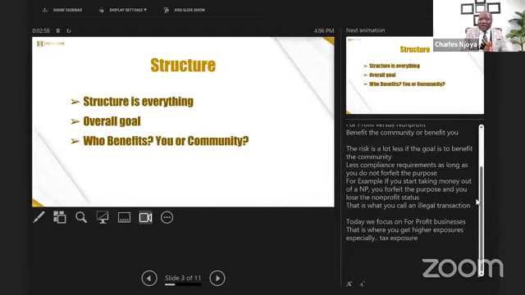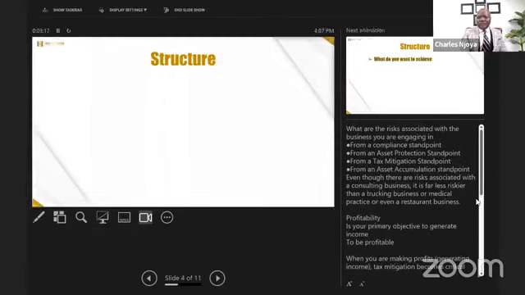So we're not going to be talking about nonprofits. We're talking about for-profits because most of us here are talking about taxes, and nonprofits don't have any tax exposure unless you forfeit the purpose of the company, or you do something that is an illegal transaction, and then you will forfeit the purpose of the structure.